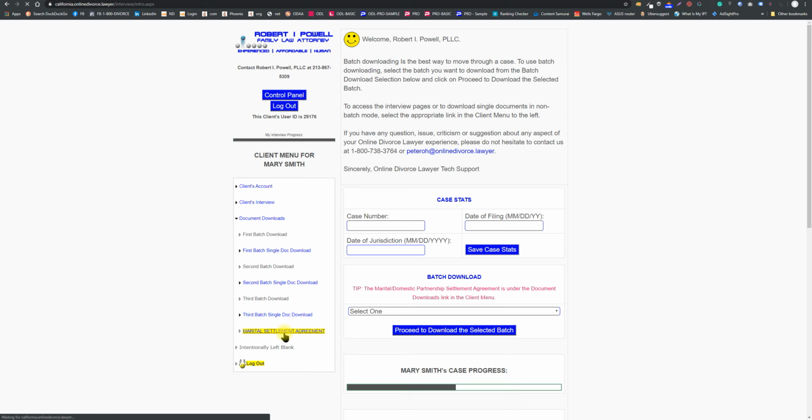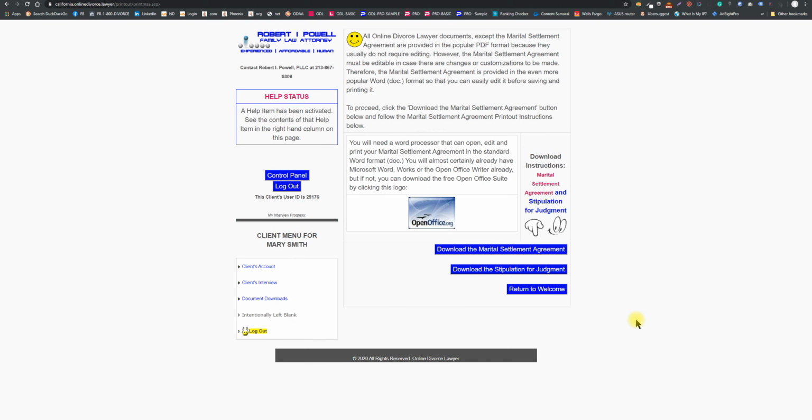All of our other documents, judicial council and local county, are downloaded in the very popular Adobe PDF format. The marital settlement agreement is downloadable in the even more popular Microsoft Word format. And it just takes a few seconds to download. My internet connection seems a little bit slow today, but